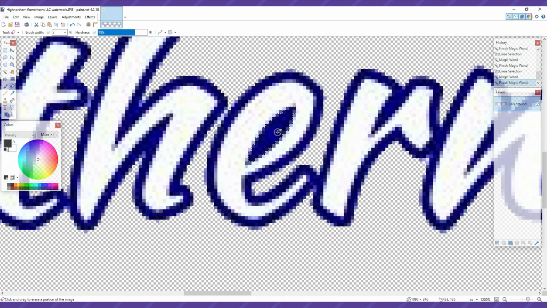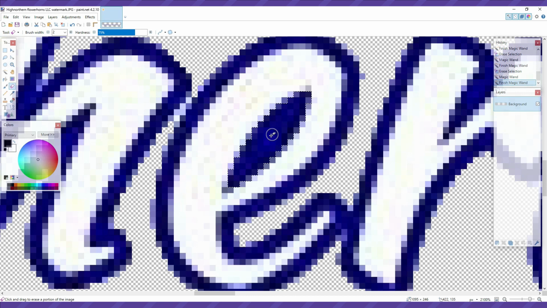So if you have a very busy background or image sections that you can't get out using that magic wand, the eraser tool is going to be your friend, but you'll notice that the eraser tool is pretty big compared to how much I want to take out here. So if you come up here to the top, we can see brush width, and 1 is the smallest you can go. So it's not very easy sometimes to do these smaller spaces,